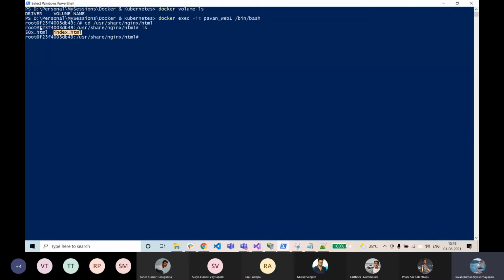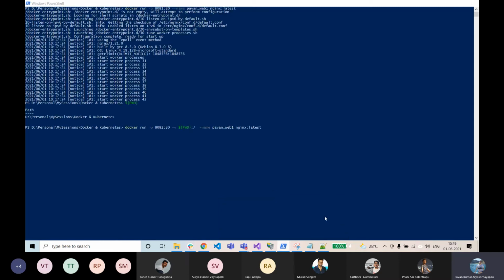Every time getting inside the container this way and then modifying this HTML file is a bit difficult, right? That is when host binding is helpful. What I'm doing is pointing my current working directory to the location where exactly the HTML file is present. Then I'll create a container named Pawan Web 2.